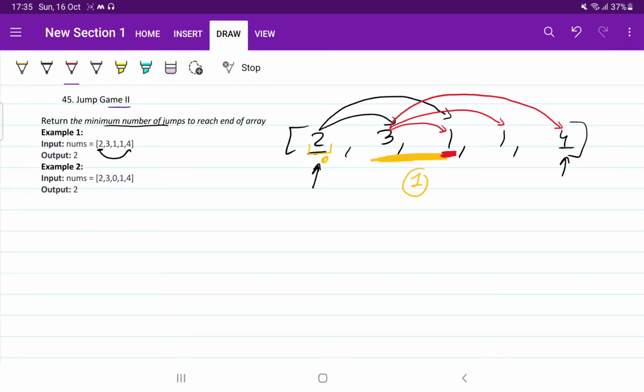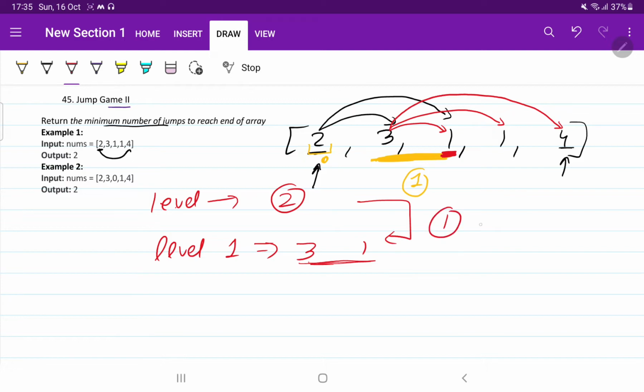Think in terms of levels and positions. Level 0 will have only one element, that is 2. Level 1 will have two elements, that is 3 and 1. As you already reached from here to here by doing one jump, there is no need to jump from this to this position and increase the count of jumps, because we want the minimum number of jumps.